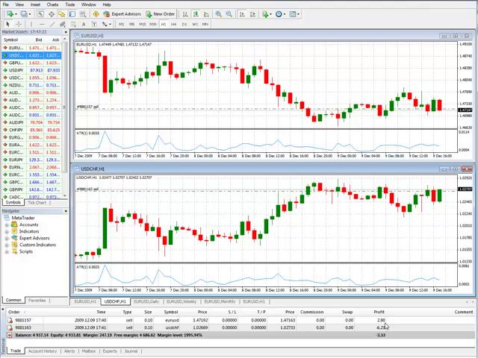And when it moves into a profit, then you might want to sell the US dollar Swiss franc, and that will actually help to protect some profit, because if you sold it and this is moving down,